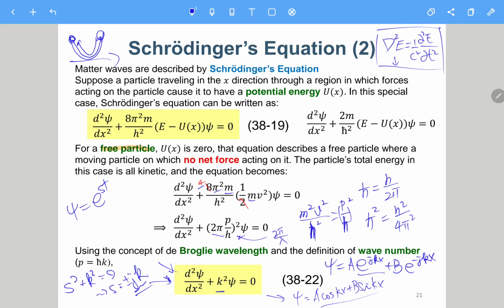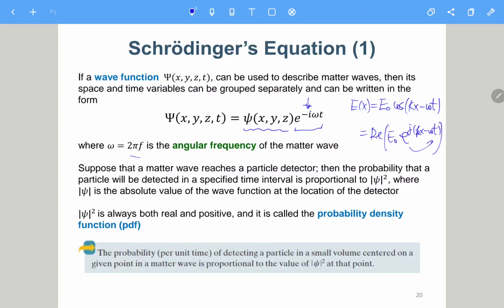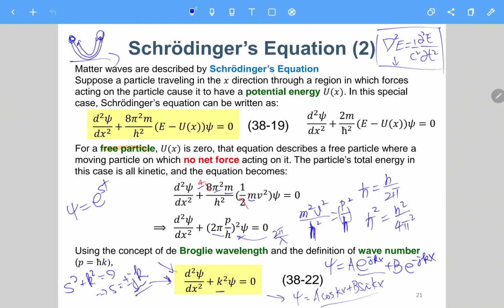See, this one comes out exponential to jkx. If you multiply it back here, then you will get this: exponential to j times kx minus omega t. Okay, so here we can observe, this is actually the plane wave, but of course a complex function. And actually we need the complex function for the Schrödinger equation. If you limit the solution to be real, then it will not give you interesting result.